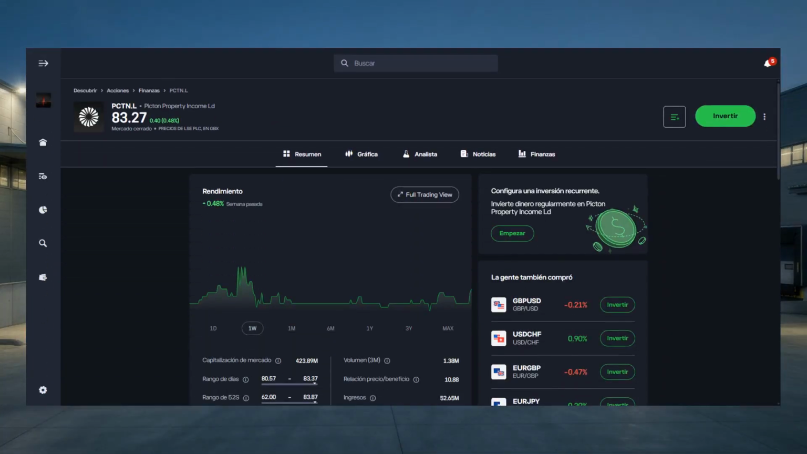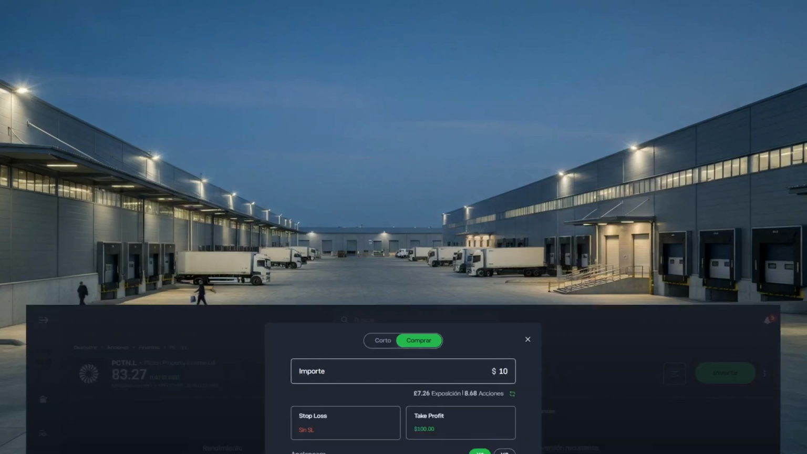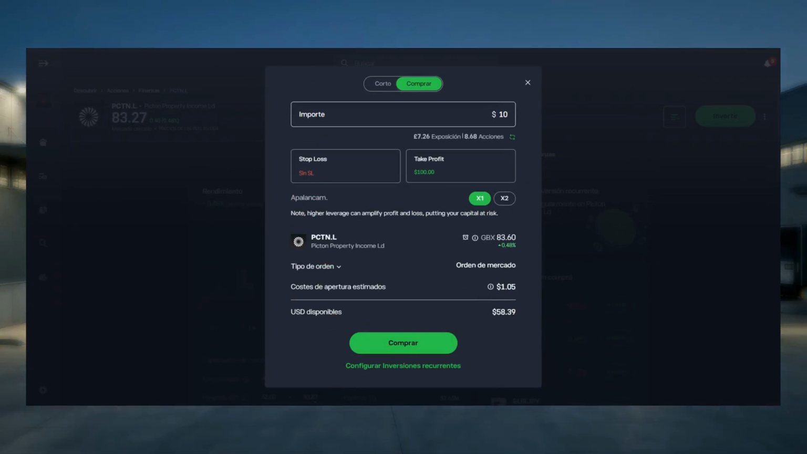On the stock page, review the basic company information and the price chart to confirm you have the correct asset. Make sure the issuer name matches Picton Property Income Ld and the ticker PCTN.L. To place an order, click Invest or Buy, enter the amount you want to allocate, and review the order